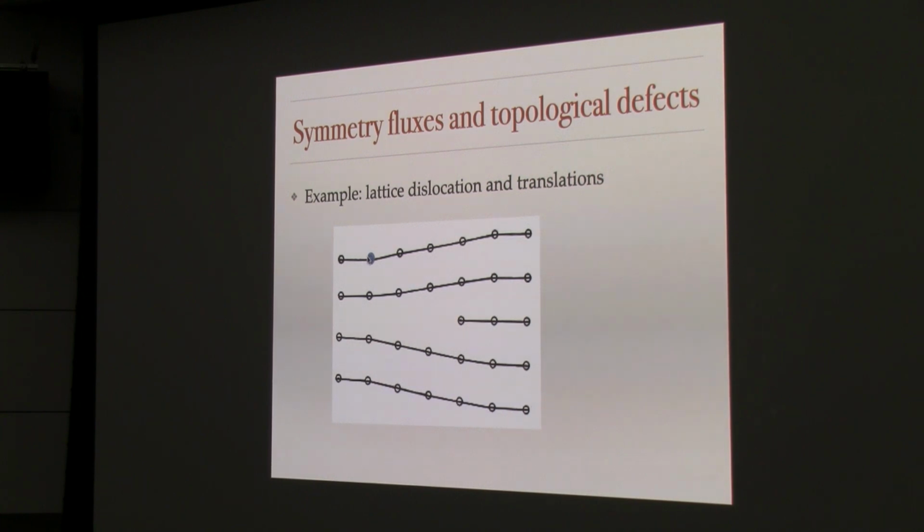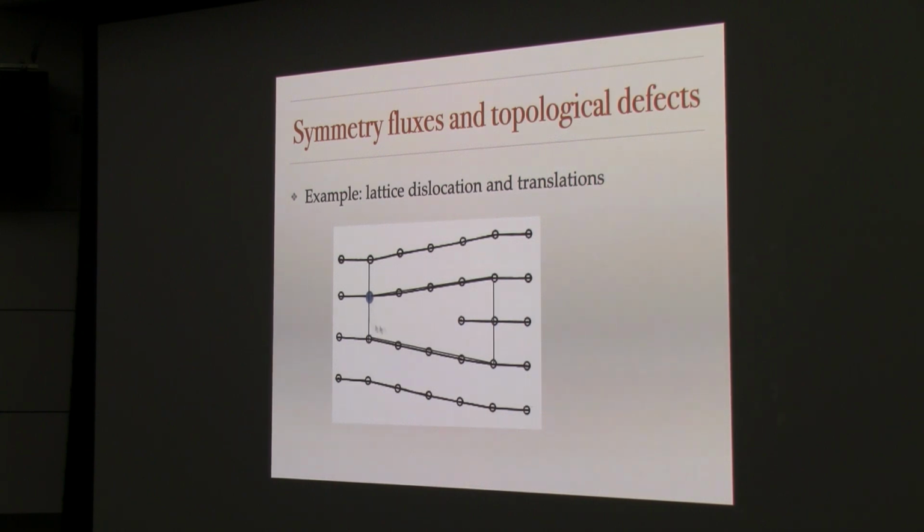And great, so now we're going to go around this defect in the following way. First we're going to go down by 3 sites. Then I'm going to move to the right by, I believe, 4 sites. Now I'm going to go back up again by 3 sites, and I'm going to go to the left. If I did this anywhere on the lattice that did not enclose this point, clearly I would come back to the same place. I've just gone down, right, up, back.